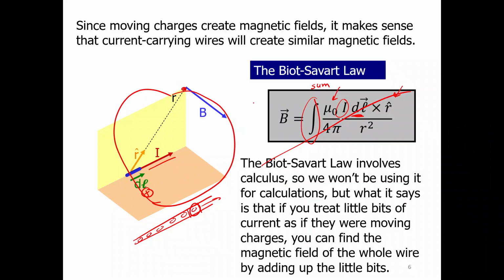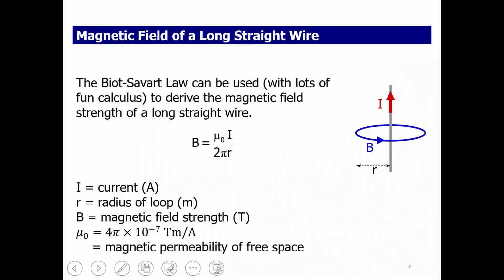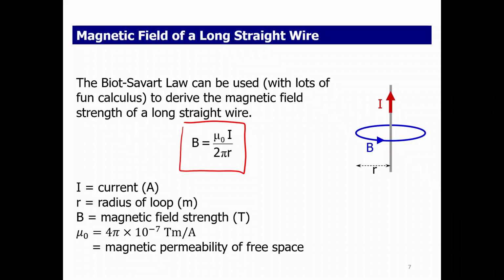Now, we are never going to use this. But if you were taking a calculus-based course, you would use this equation and solve for the magnetic field at any radius r from that current-carrying wire. And that's what we're going to look at without the calculus. We're going to assume that someone way smarter than we are, or at least with way better math than we do, has gone through the effort and used the Biot-Savart law for a long straight wire. And what they found is that the magnetic field due to a long straight wire is equal to